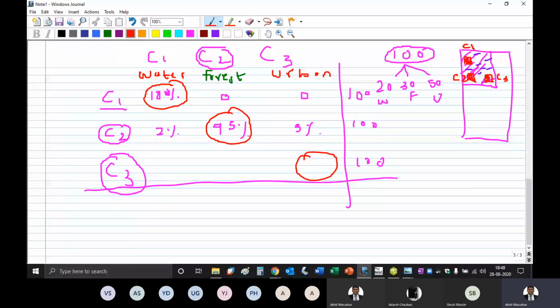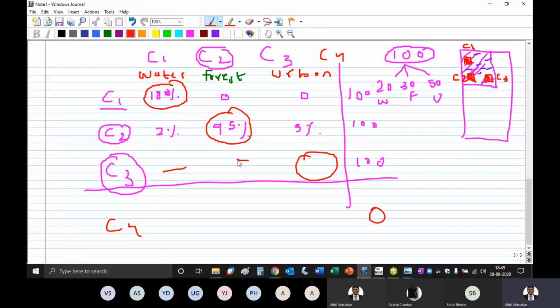If these are 95 or 96 or 97, then also we can say it is good, but it is not 100%. Sometimes it is 70%, sometimes it is 80%. And then you will get some values here also. If there are 4 classes, let's say C4, then you will get one more diagonal element. If there is C5, then the confusion matrix will be 5 cross 5. If there are 6 classes, it can be 6 cross 6.